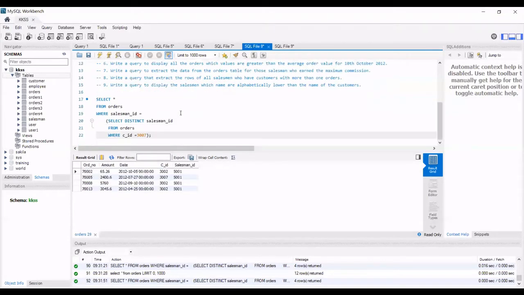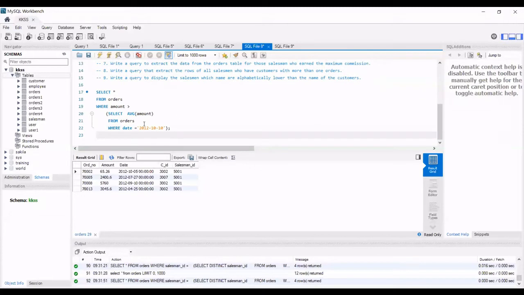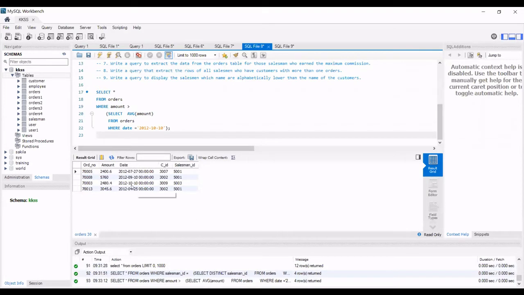It's pretty similar to what we did here. Once again we are using the order table, with just the where clause changed from customer ID to date. We get the average amount and compare it with each record, and all the records satisfying the condition will populate. So these were the records.